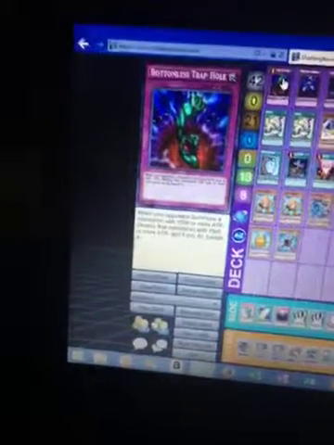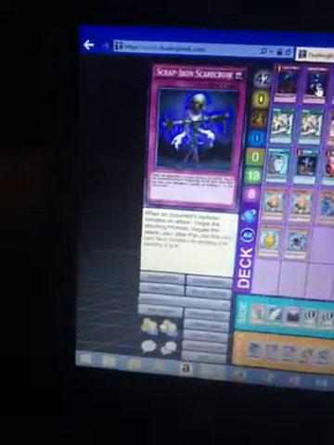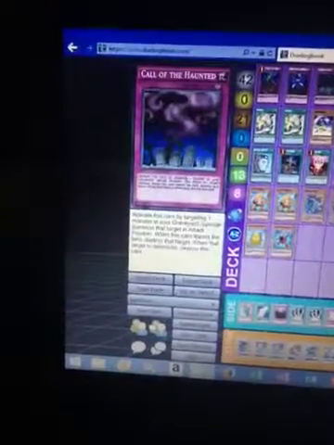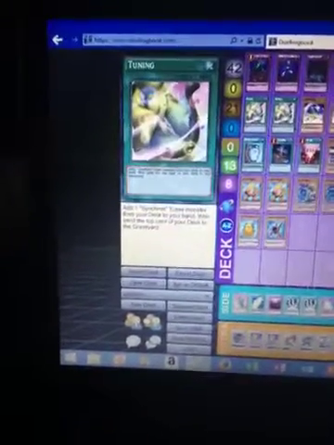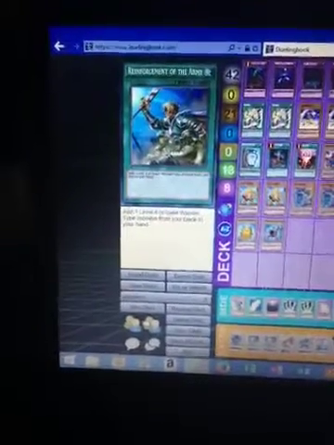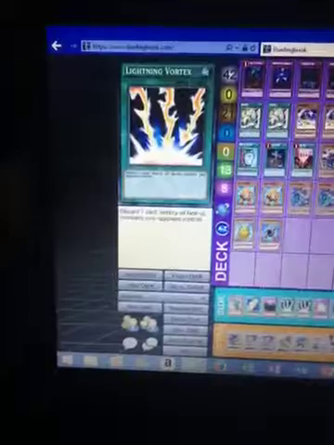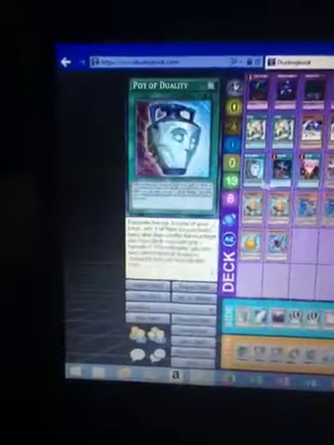Now, main deck, I've got my Bottomless Trap Hole, Scrap Iron Scarecrow, double Fiendish Chain, Quaking Mirror Force, Solemn Warning, Starlight Road, Call of the Haunted, double MST, Tuning, double Tuning Wear, The Warrior Returning Alive, Reinforcement of the Army, Lightning Vortex, which we'll get into in a little bit, Soul Charge, Primal Seed, Pot of Dichotomy, Pot of Duality,